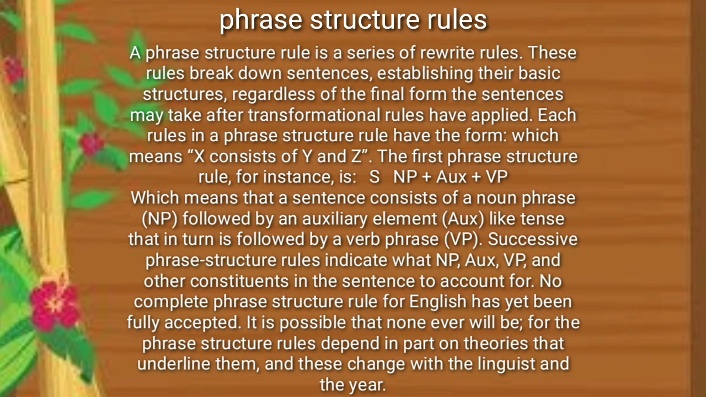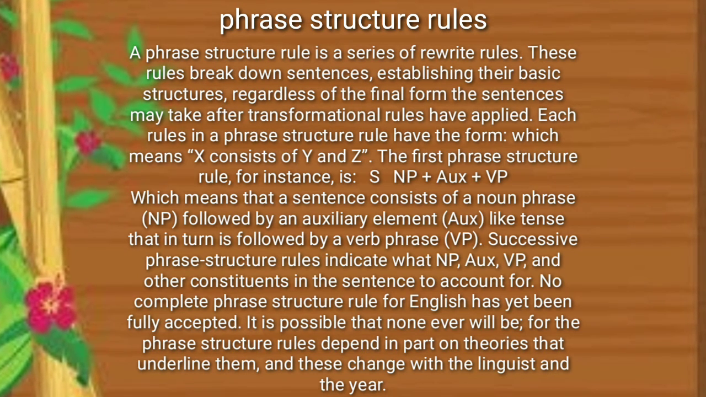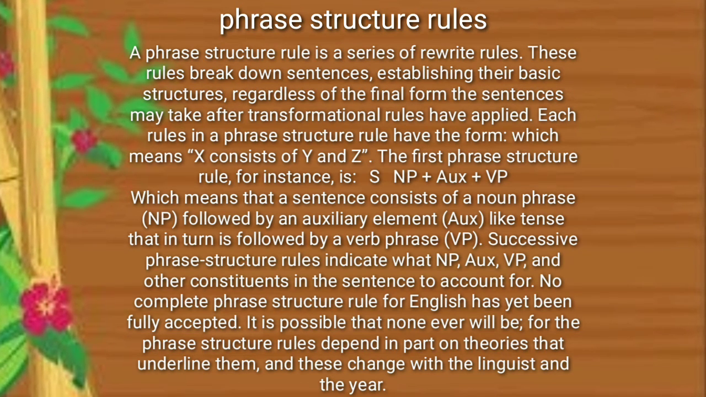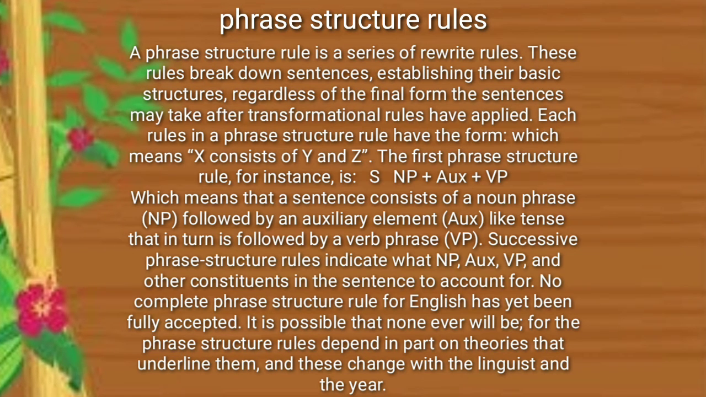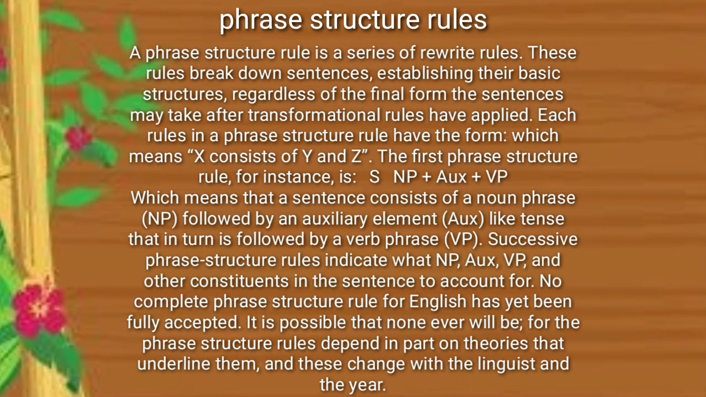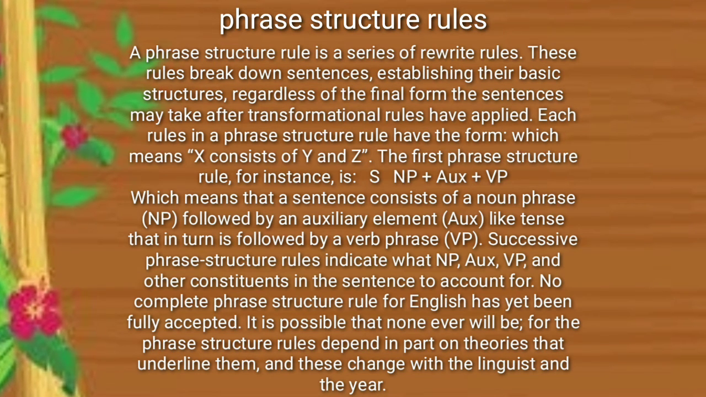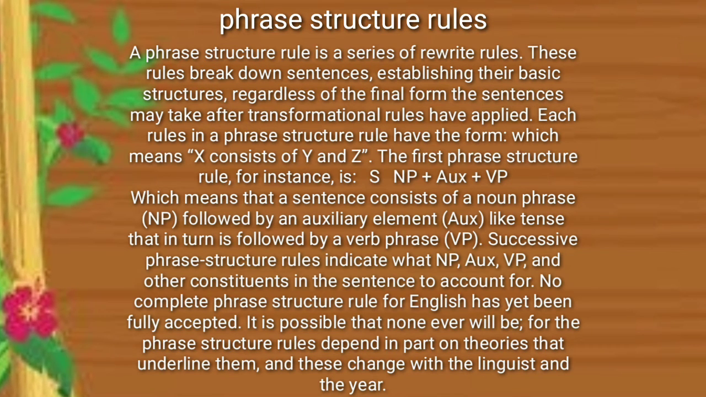A phrase structure rule is a series of rewrite rules. These rules break down sentences, establishing their basic structure regardless of the final form the sentence may take after transformational rules have applied. Each rule in a phrase structure rule has the form X → Y Z, which means X consists of Y and Z,